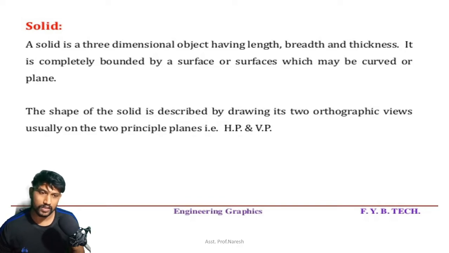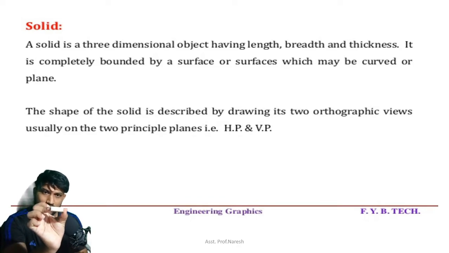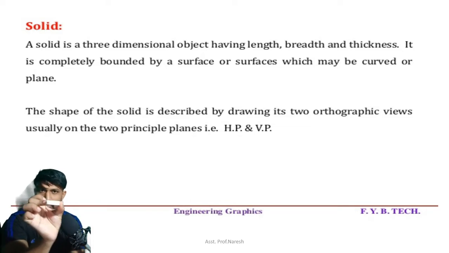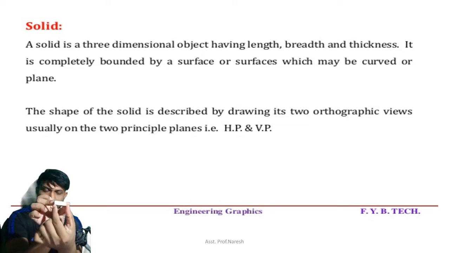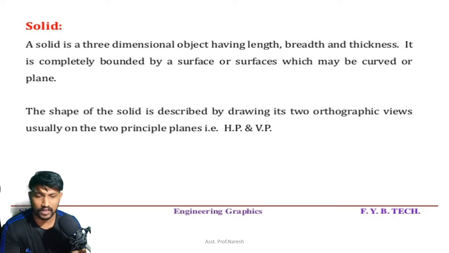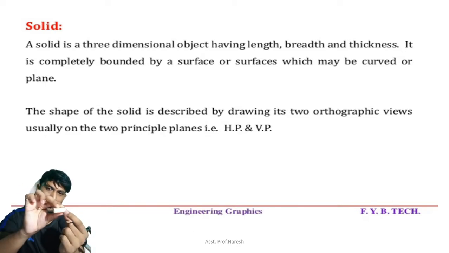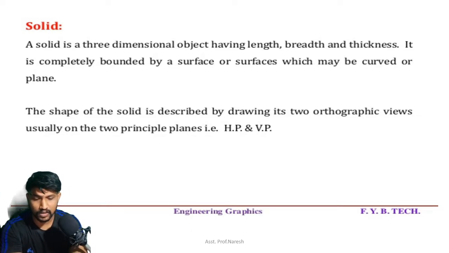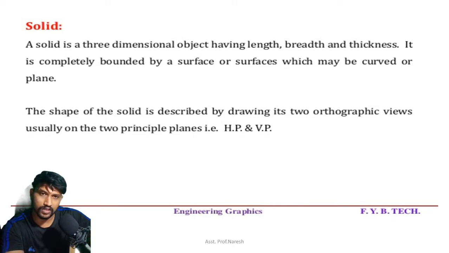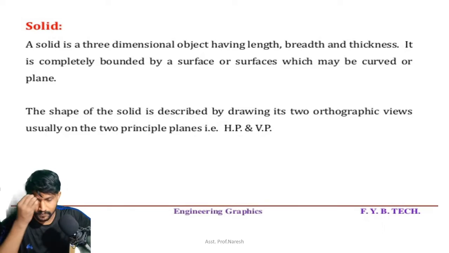These orthographic views give the true dimensions of a particular solid. If you watch this from the front view, the true dimensions can be observed. This is the true length and true height of this eraser, and if you want to find the true width, you have to watch it from the side view so that you get another orthographic projection. So these projections are very important for solids, and they are the basic part. For complicated geometry, you might need 2 or 3 views, depending on the geometry.